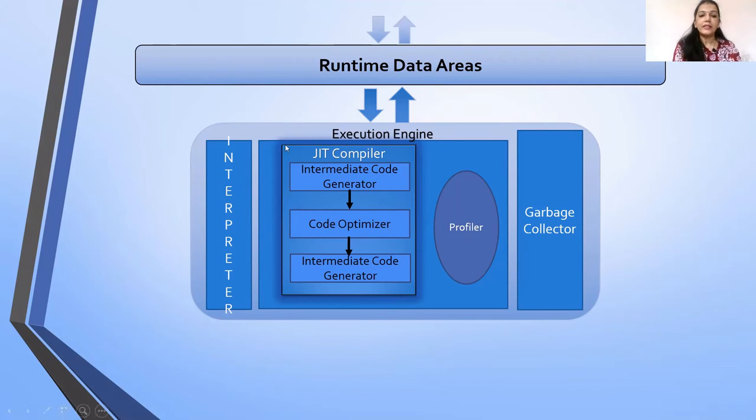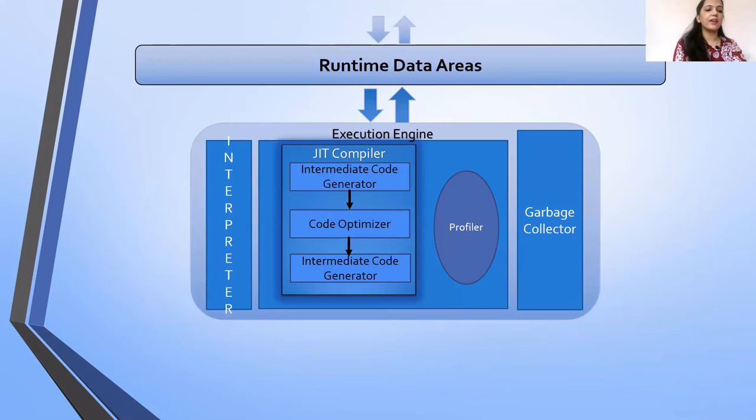The interpreter is responsible for reading, interpreting and executing the Java programs line by line. So the interpreter interprets each line of code to native code, doesn't matter how many times you call it. So if a method is called multiple times, the interpreter is going to interpret it every time. Don't you think it's a waste of time?